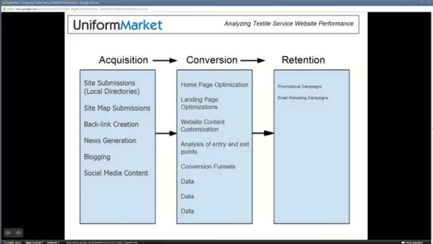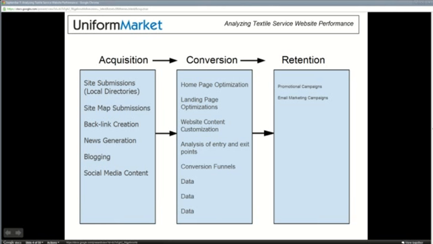So as I mentioned previously, there are 3 different portions of search engine optimization. The first is the acquisition, followed by conversion, and then retention. And the things that we mean when we talk about acquisition are you can do site submissions. So you can submit your site, your store, to local directories. Google has a local directory, Yahoo. There's a lot of local directories for people that are looking local. Sitemap submissions, that's your whole site, getting that into the search engines so that they know how to crawl your